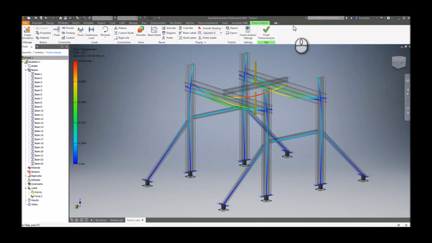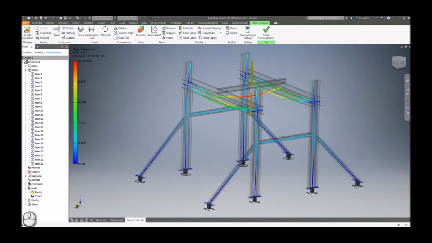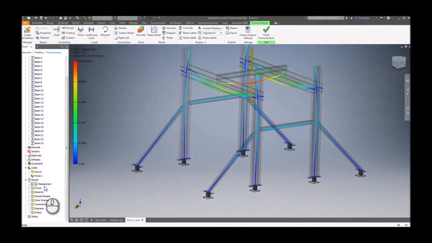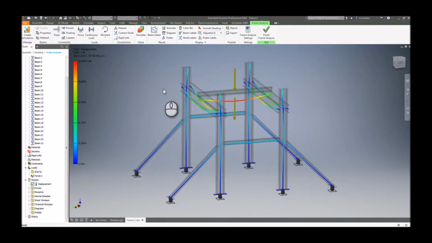So talking about the results, we have several of them. The first one is the displacement. We don't have much displacement here, which is cool. Unfortunately,